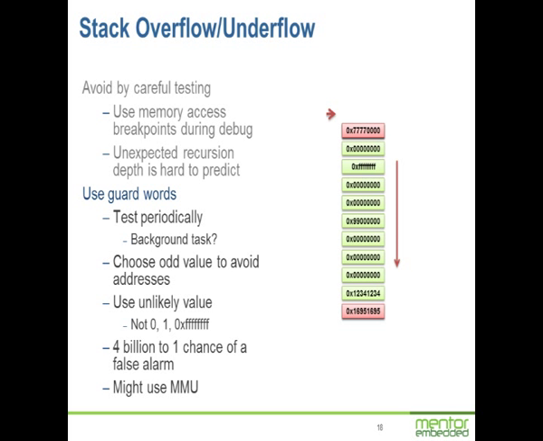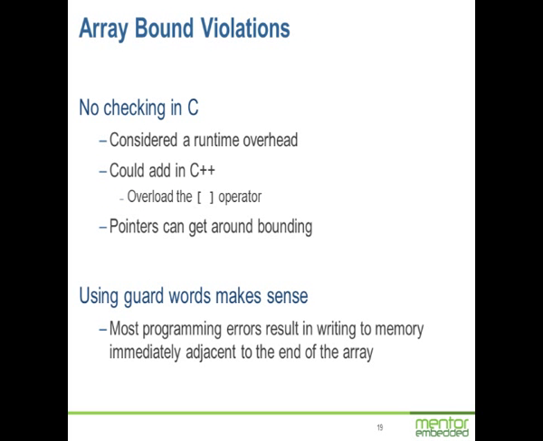And we will write a value into it which is unlikely. Now, by being unlikely, I mean it's not 0, it's not 1, it's not FFFFFFFF. It's probably an odd value because addresses on most CPUs are even numbers, and addresses are commonly pushed to stacks. So if you make an odd number, it's not likely to occur there. So if we choose this number totally at random, there's a 4 billion to 1 chance on a 32-bit processor of a false alarm. Pretty good odds, actually. We could also use an MMU to trap these locations, but just using the value makes sense.